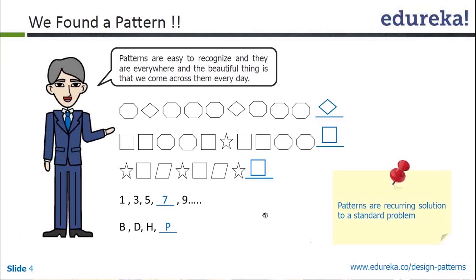Moreover, patterns come in handy because they are answers to some recurring problems. And because the problem is recurring, its best known solution, that is the pattern, is also recurring. So you will see the yellow highlighted numbers or diagrams are the next in the sequence because we were trying to identify a pattern. Since all of us here are some sort of software developers, the next question would be,